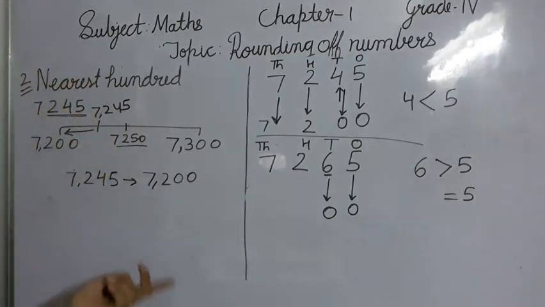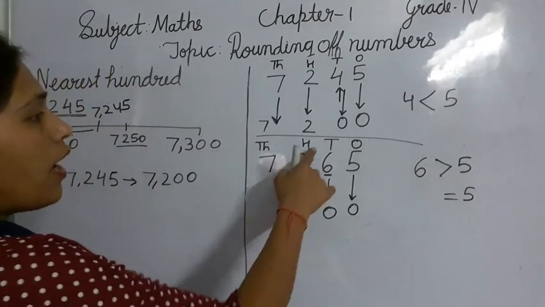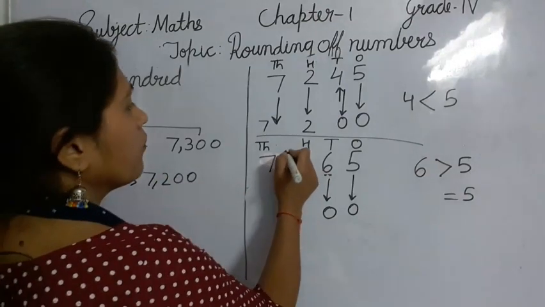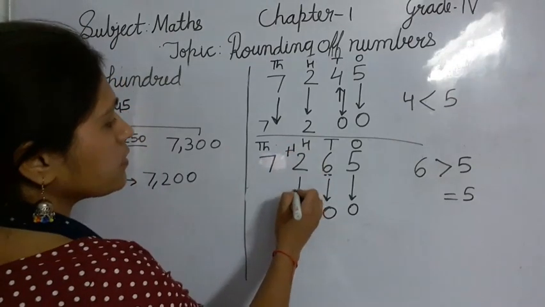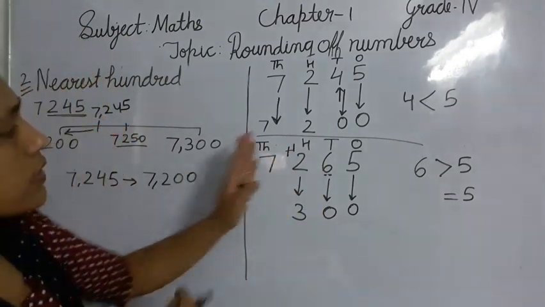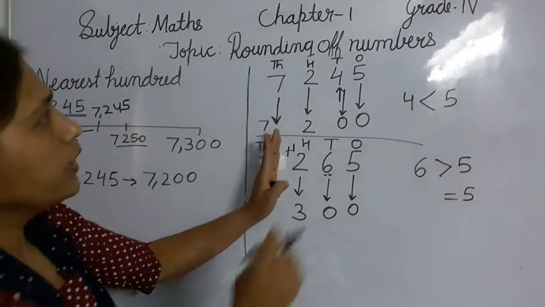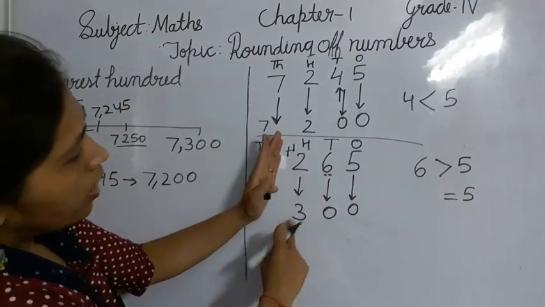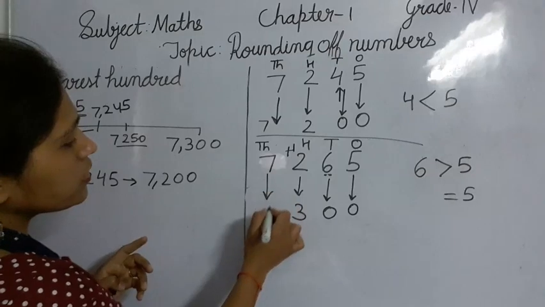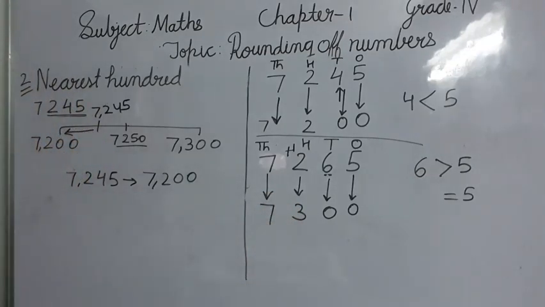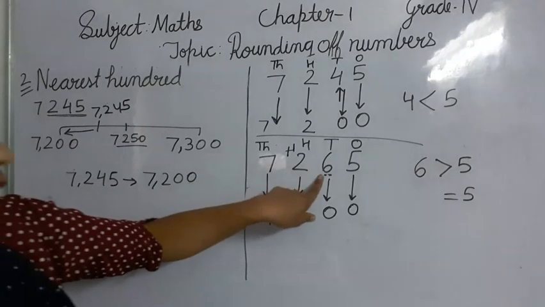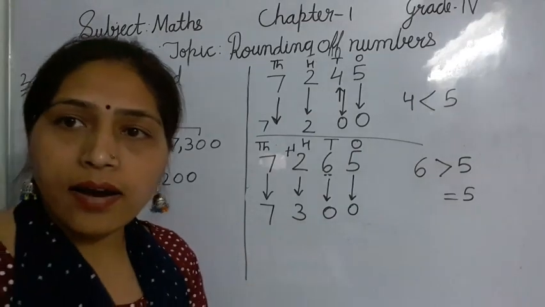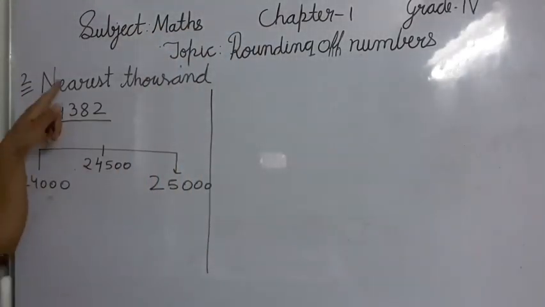And now what will be the change? We have to change the 100 place number. This time we will increase the 100 place number by 1. So 2 plus 1 makes 3 and the rest of the numbers will be the same. We will not touch other numbers because we are rounding off to the nearest 100. Till 100 we will do. After this the numbers will be the same. No changes in other numbers. So we can say if we round off 7265 to the nearest 100, we'll get 7300. So the third one is nearest to the 1000.